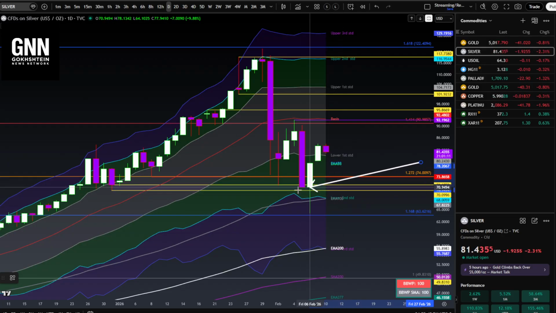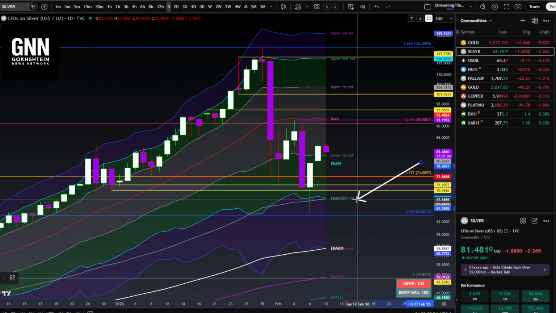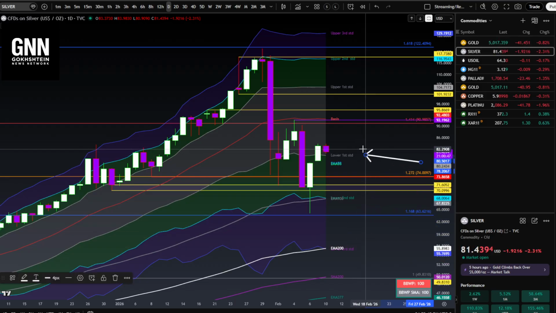So this low side structure right here. If that was lost, we're probably looking for this thing to come back down. That's also where the 100 EMA and lower second is, right there in the mid 60s to $70 area, right at around 67.80 or so. If that's lost, it's probably going to go for that mid 60s retest, potentially more down to the $55 region. That would be expansion to the downside. This is set up in a range, so I would expect both gold and silver to probably try to consolidate,